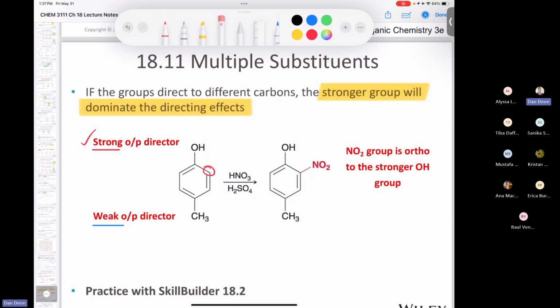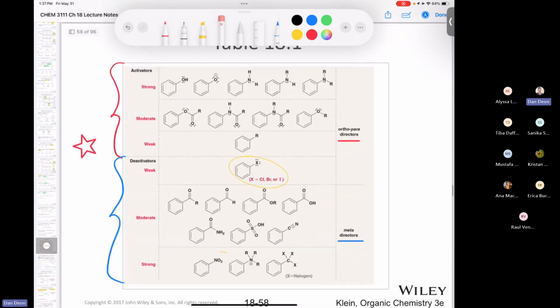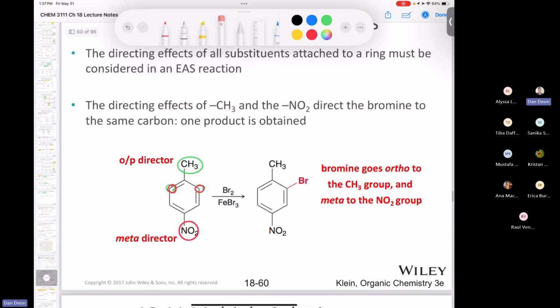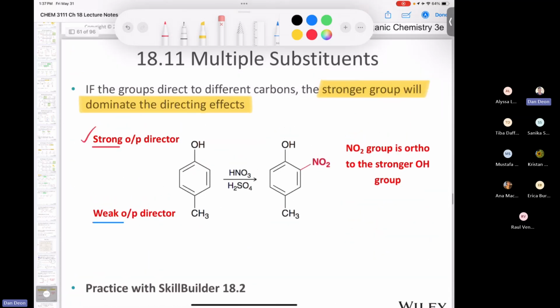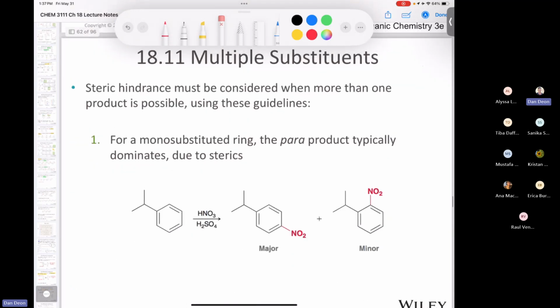All right, cool. So now what we're doing is we're taking table 18.1 and we're really trying to flesh it out. Like, how do these different groups work together, okay? So we figured out the first one. They both directed to the same position. We figured out this one where they directed to different positions. So who wins? Well, it's the group that's stronger. And then what if you have a